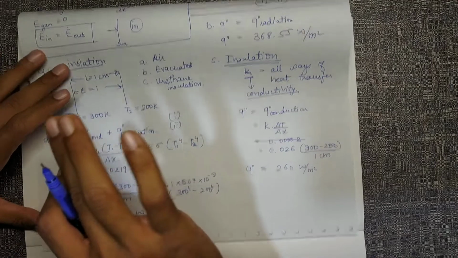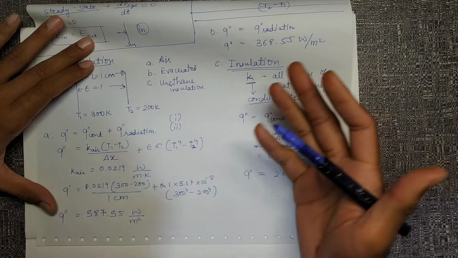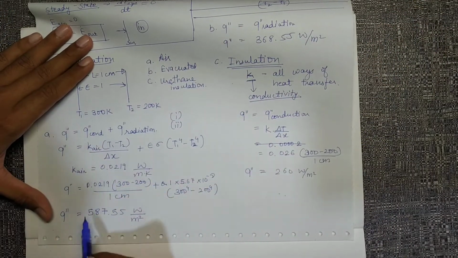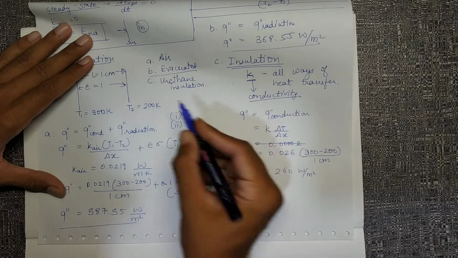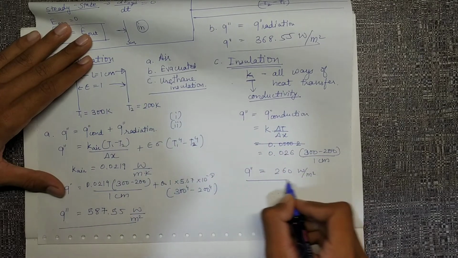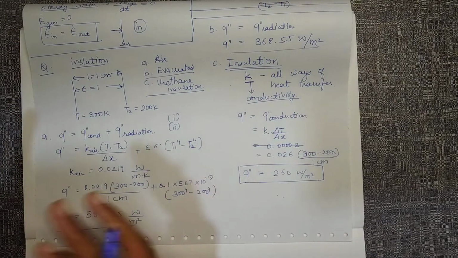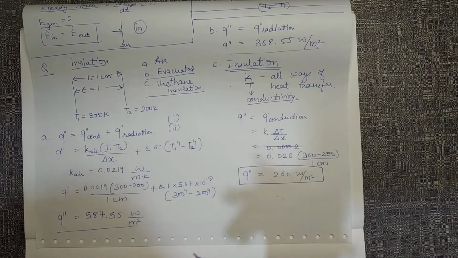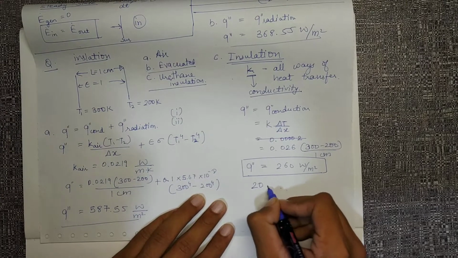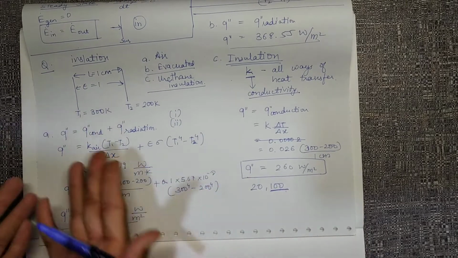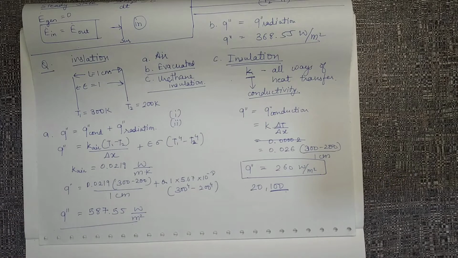So it's a practical thing. If we want to insulate our object or our home from outside heat loads, we can either use air, use the evacuated method, or use some insulation. Insulation provided the least amount of heat load or heat flux. If we take some practical object, such as copper or some other metal, the k value will be very high, it can be 120 or 100. In that case, if we use 100, these values of heat flux will go into thousands, so that much more heat can be added to our home.